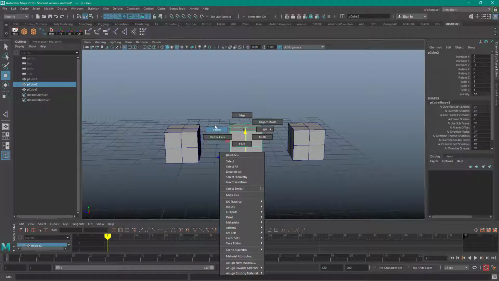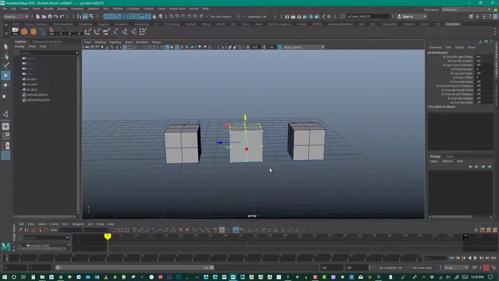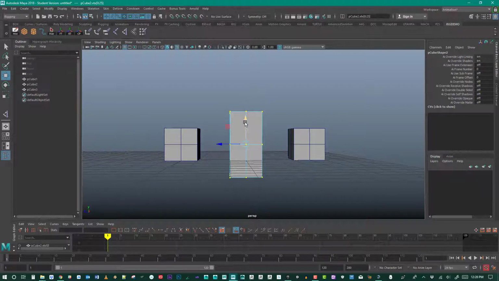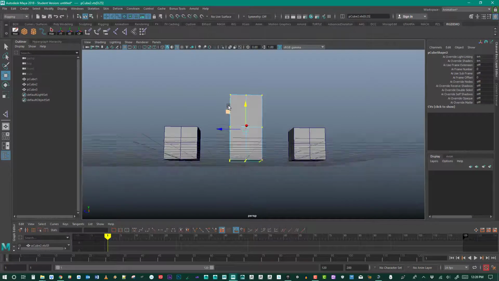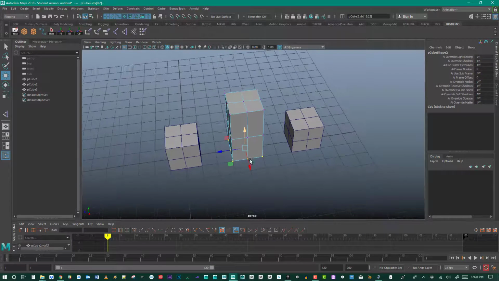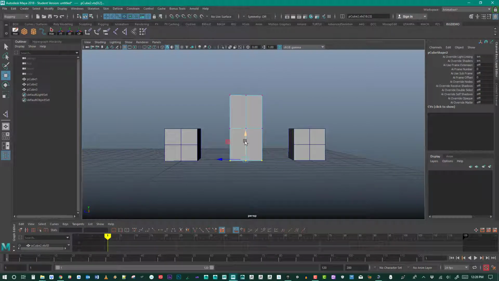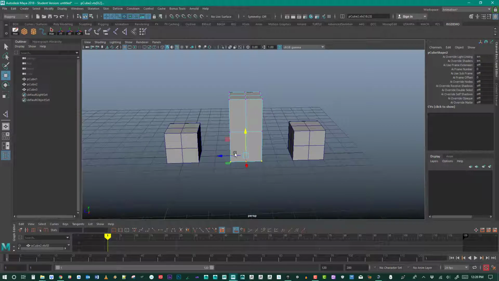So what I'm going to do is go to the vertices here, and let's scale them. I'm also going to move them up a little bit and snap these to the grid. Okay, so I've got a tall one,